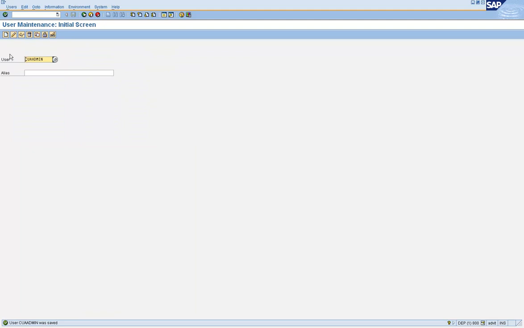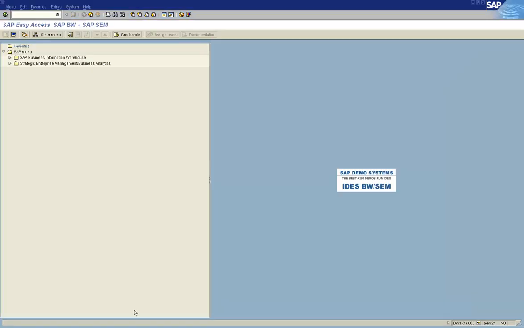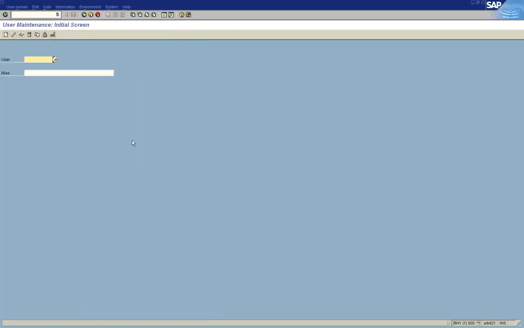So we created this ID in our R3 system, and now we do the same step in our BW system. Whatever clients you have in your CUA setup, you create this ID in all those clients.